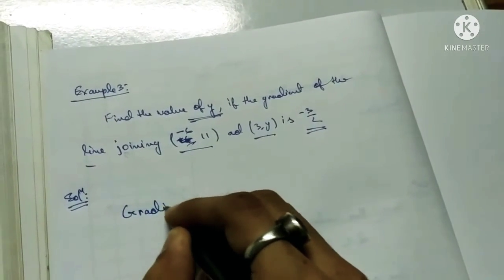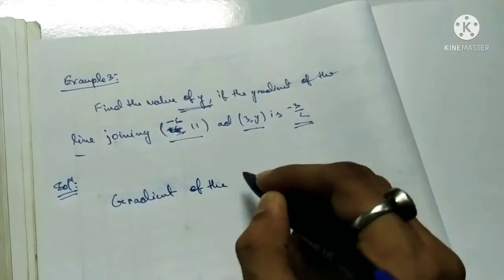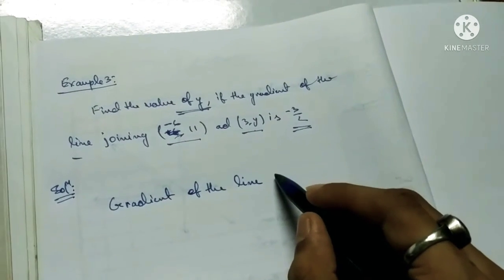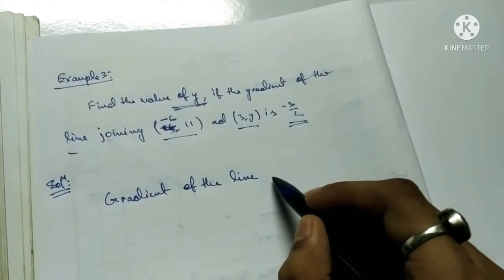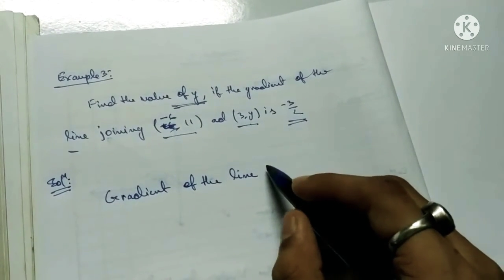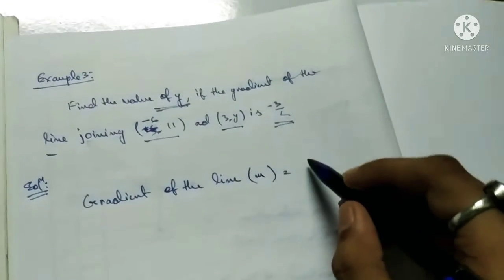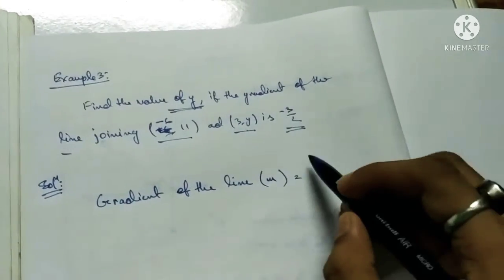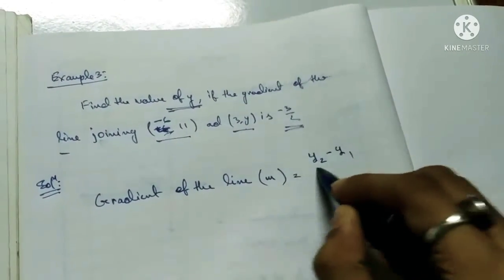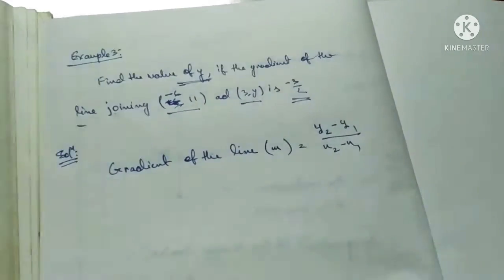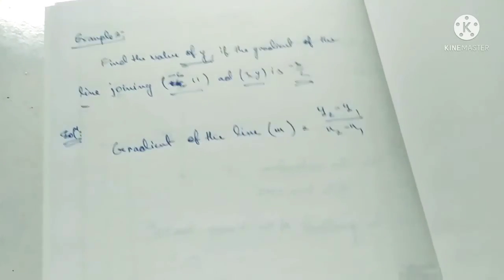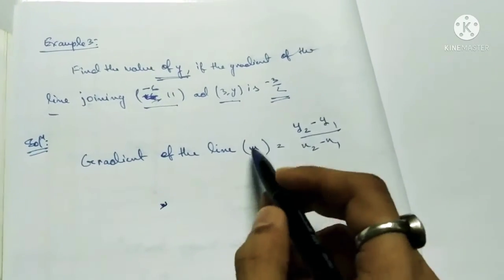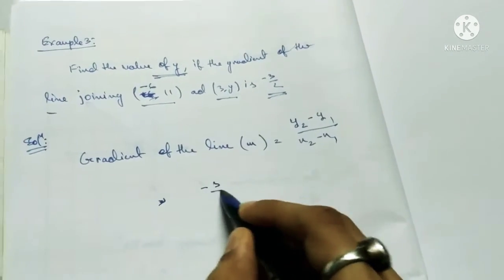So the gradient of the line, which is given by m, is equal to y2 minus y1 by x2 minus x1. Yes, gradient of the line is y2 minus y1 by x2 minus x1. Now this gradient of the line, that is the m value, is given as minus 3 by 2, equal to